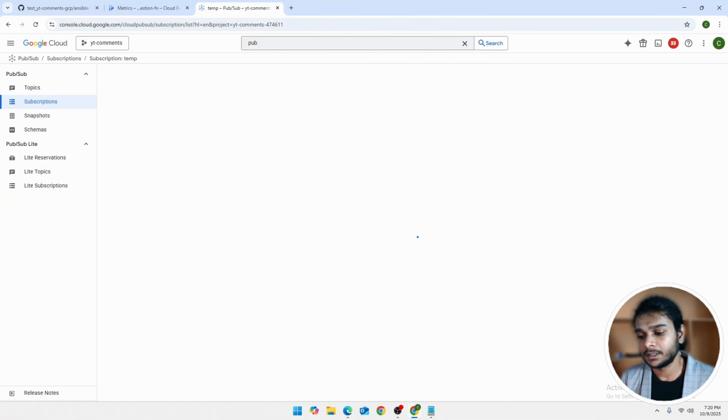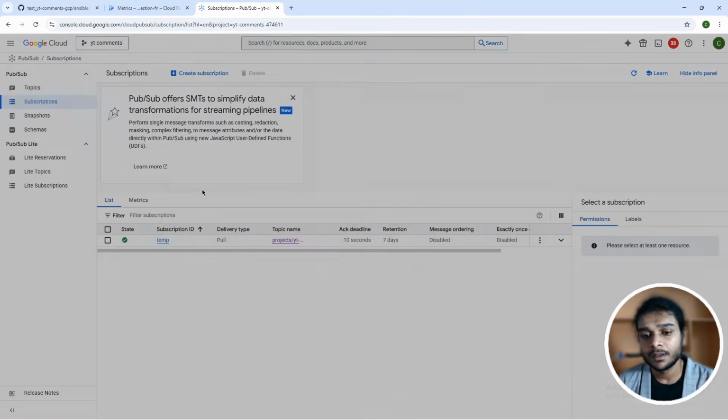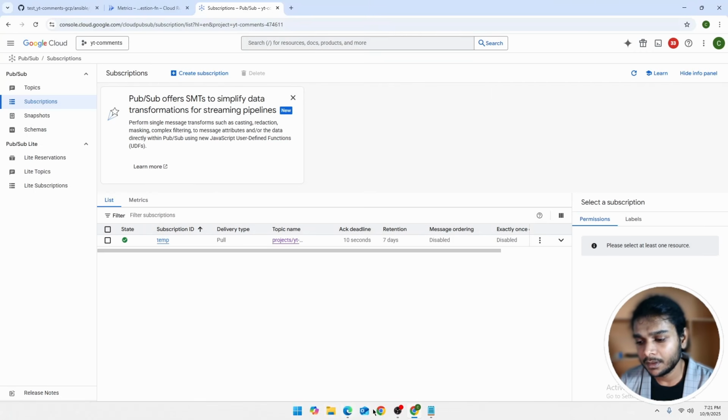Now we're done with the cloud function. The cloud function is running well. Well, this is just retrieving a batch of comments every single time, but we will be orchestrating this so that it runs on a schedule, like once every hour. So we're going to orchestrate it using Composer later in the video. For now, we have the cloud function, which means it's the right time to go to the next step,